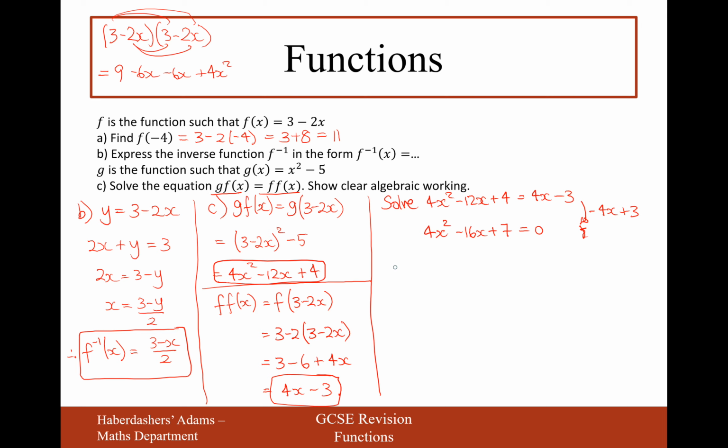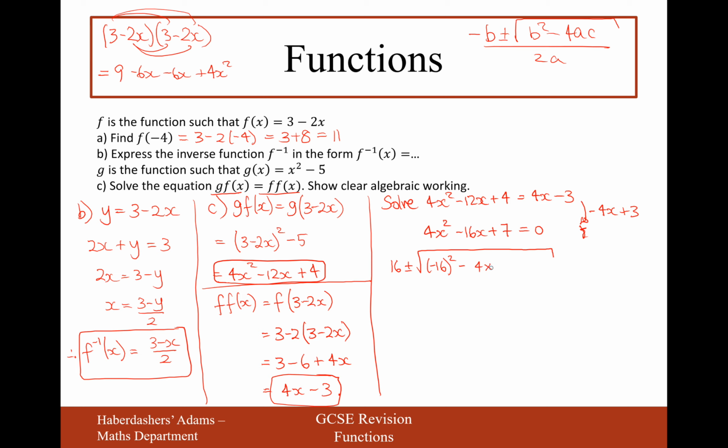Yes, I probably will have to. So remember, the quadratic formula is minus b plus or minus the square root of b squared minus 4ac, over 2a. This one here is the number a, this number here is the number b, this number here is c. So it's going to be 16 plus or minus the square root of b squared, that's going to be minus 16 squared,